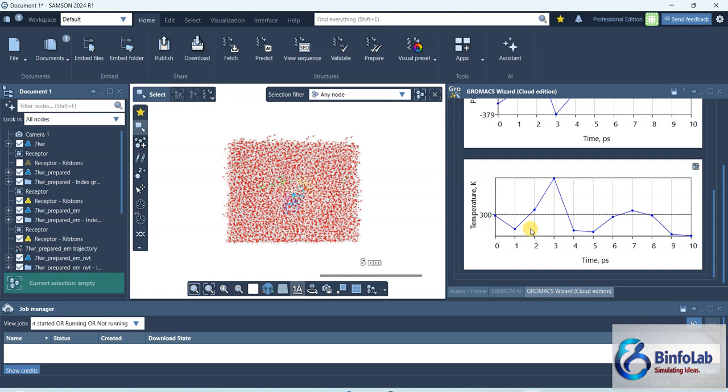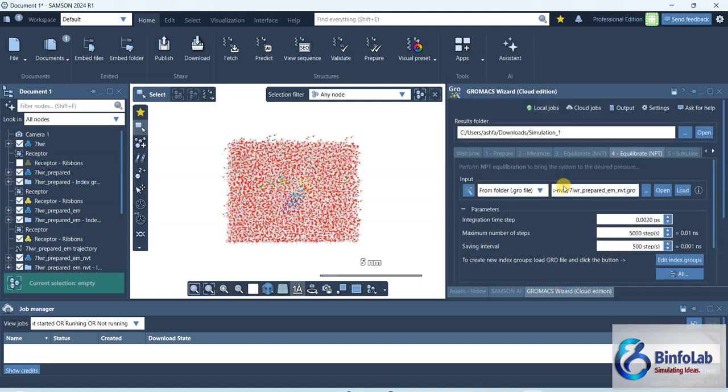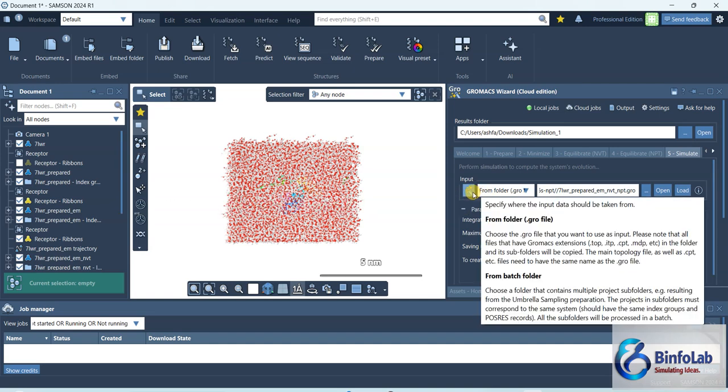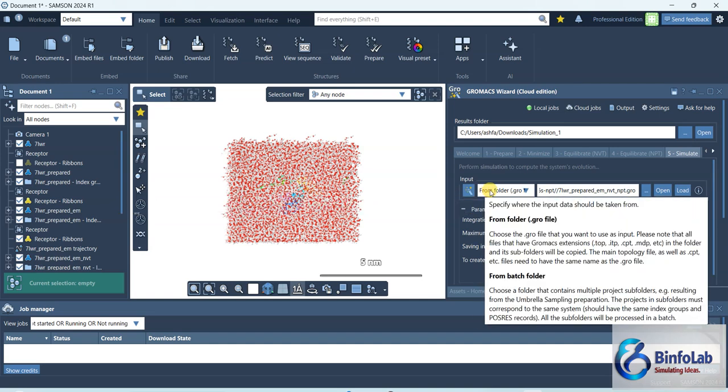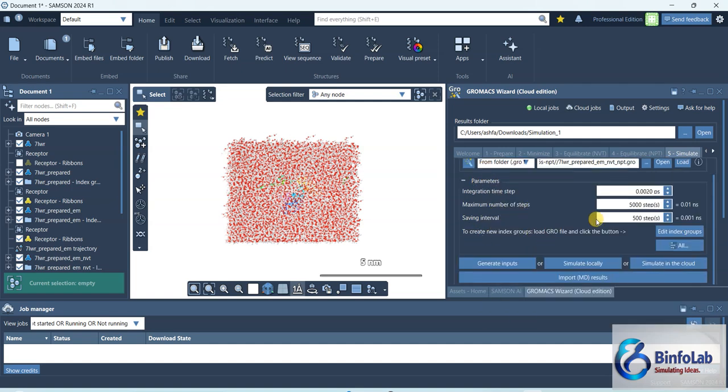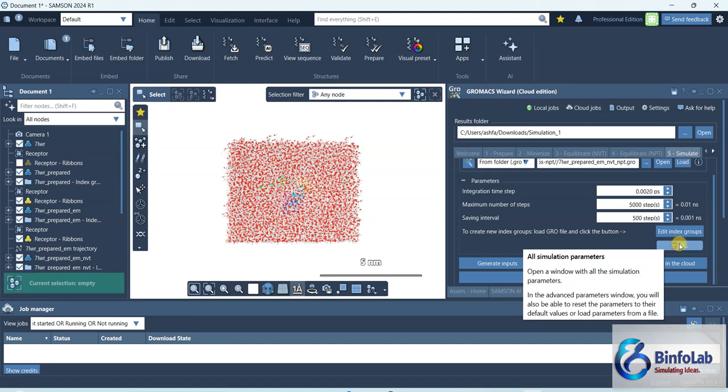Okay. Now, finally, we reach the simulation step. Click here. Why do I click here? Because it will load the files automatically from the previous step. If you don't know which file to load, again, I'm going to simulate for a smaller number of steps. This time, when you click here,